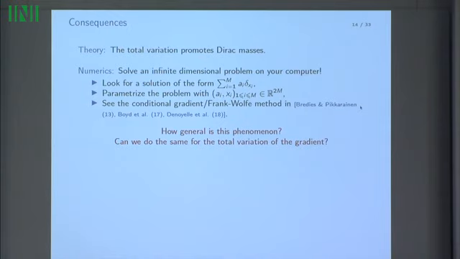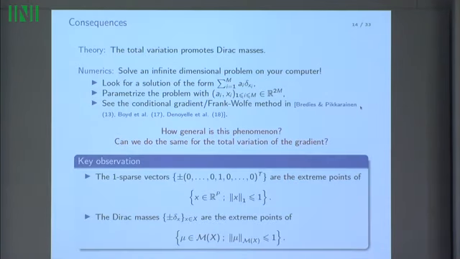And we would like to know how general this phenomenon is, and whether we can do the same for other types of regularization, such as the total variation of the gradient and not the total variation of a measure. So one key observation at this step is that, in the spirit of the paper of Chandrasekaran and co-authors, the convex geometry of linear